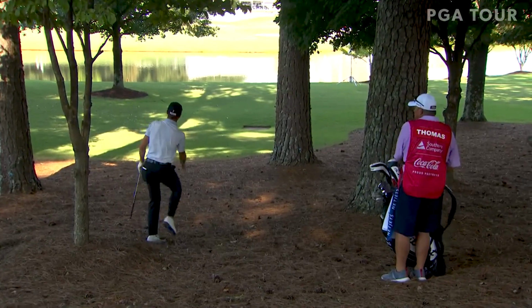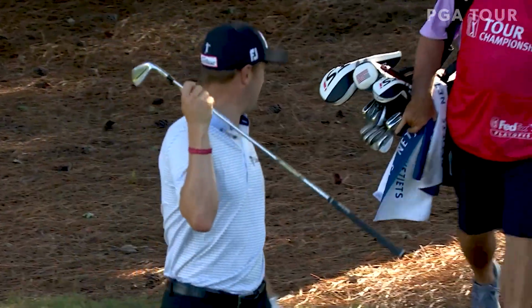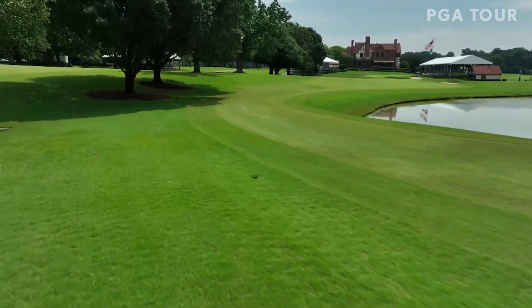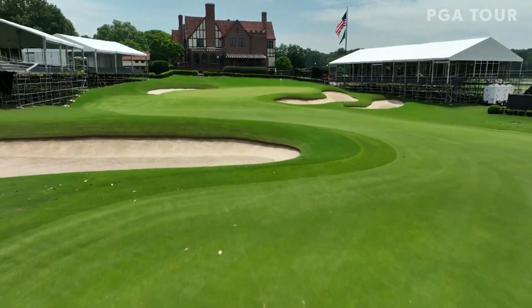If players find the rough off the tee or decide to avoid the risk, they are faced with finding a ribbon of fairway short of the green complex, surrounded by tree-lined rough on the left and the lake on the right. For the player who has missed the fairway and is forced to lay up,